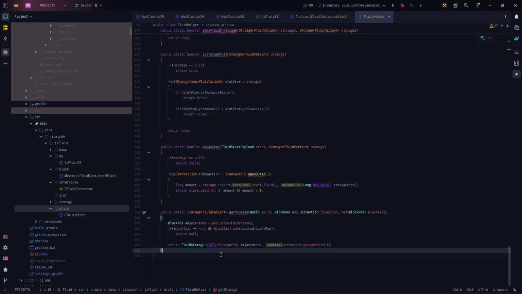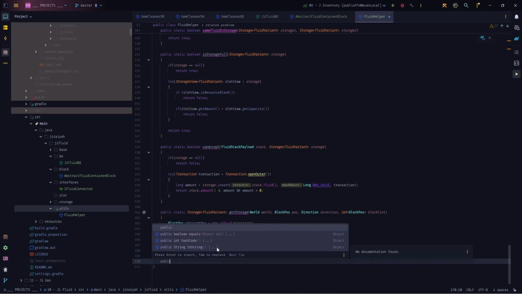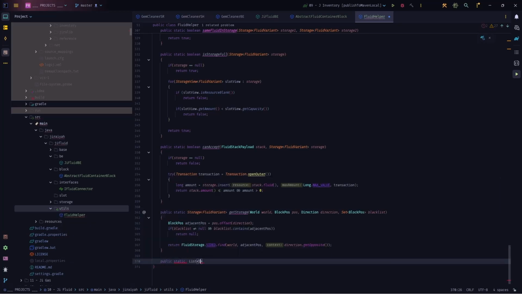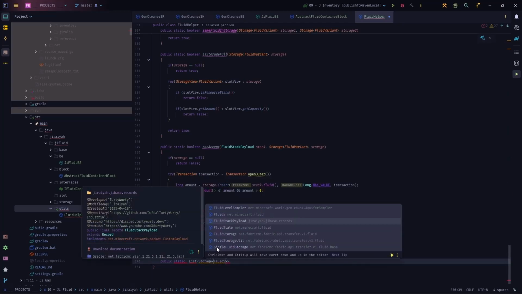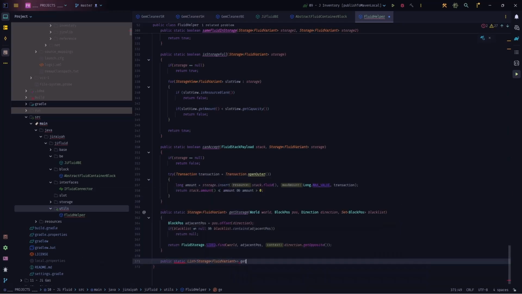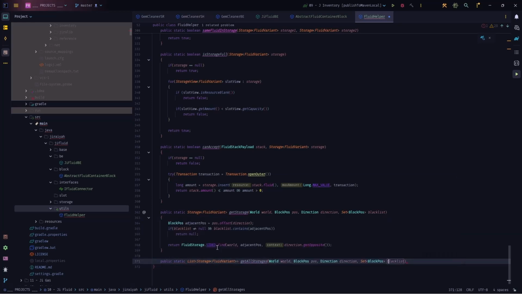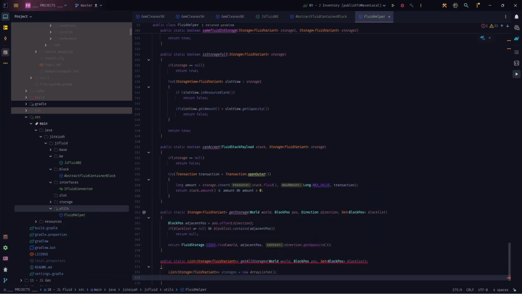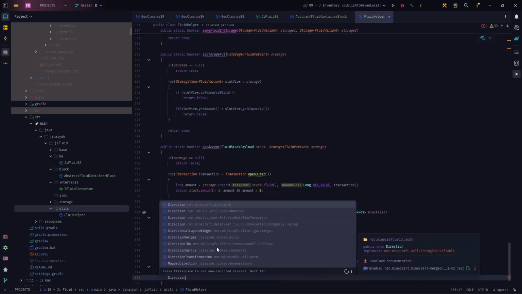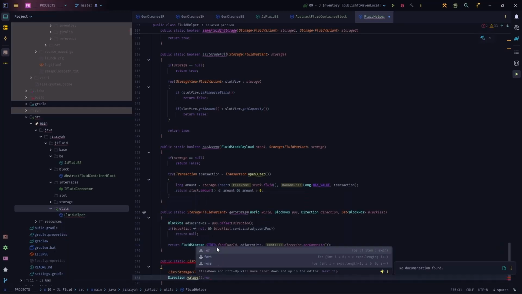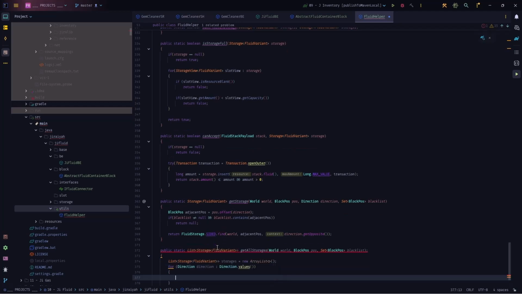And this is the whole thing. So another one is public static that will return a list of storage of fluid variant. Here we call it get all storages inside a world, block pos, but we are not setting any direction here. We will create a list of storage of fluid variant storages, and then we want to loop through all the directions. So we say